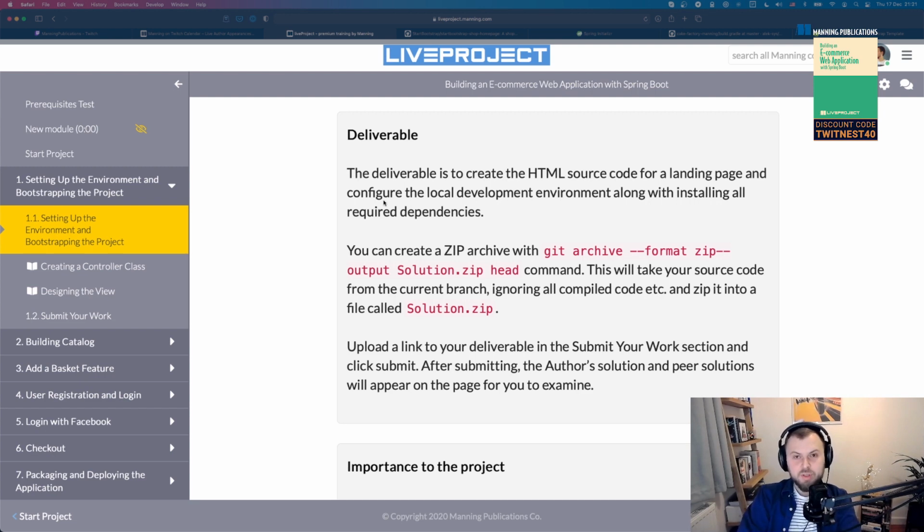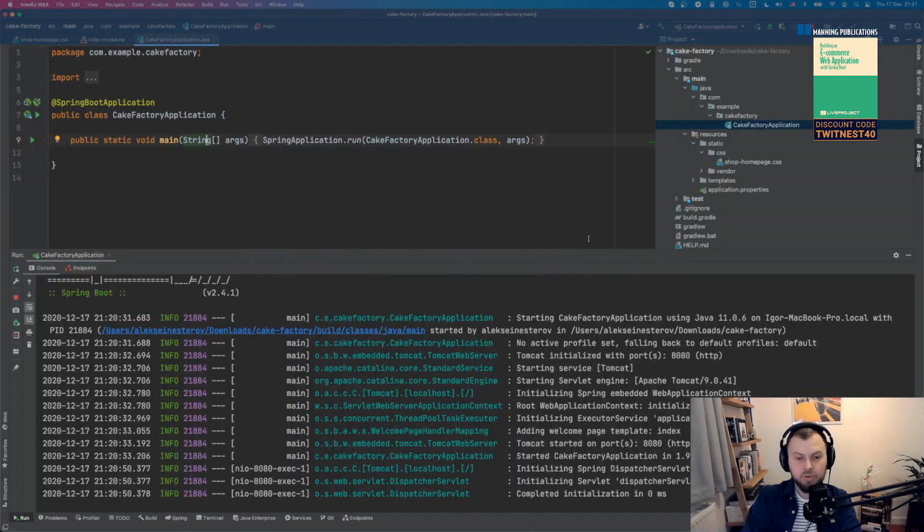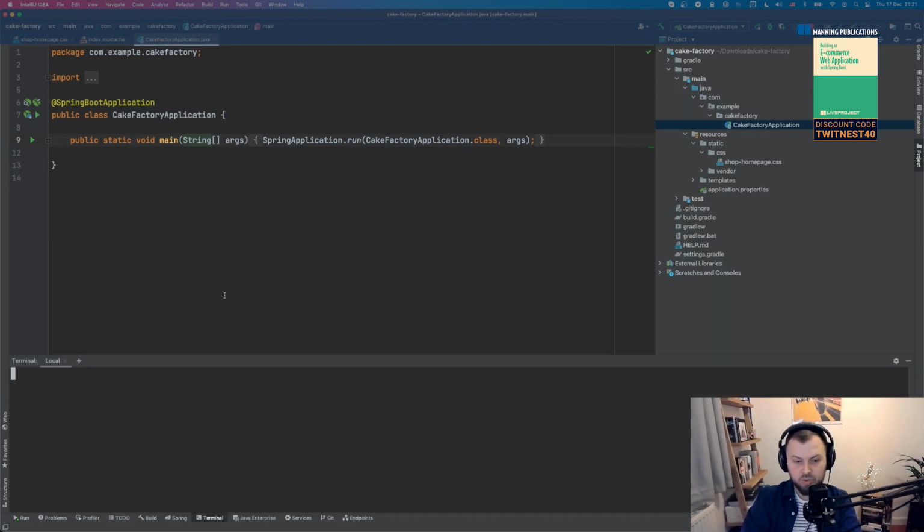For different live projects, this means different things. Sometimes you're just going to have a single file. If you're doing data science, you're going to produce a single file, maybe a Python notebook, right? But for this project, you actually need to submit all of the source code. And you can do that easily using this command, and that's another reason to use Git basically. So you can not just have a version control just for you.